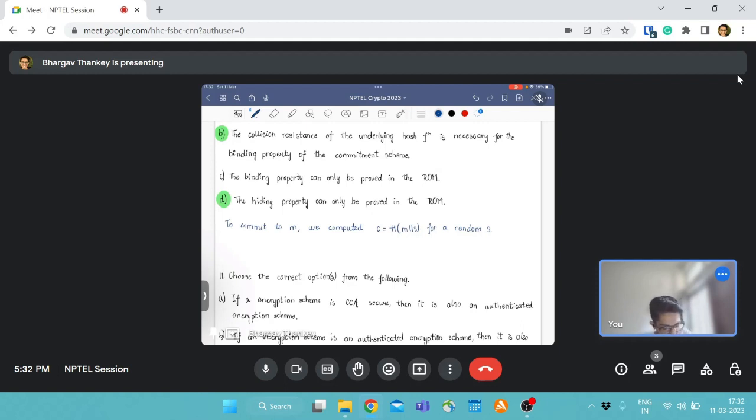Suppose we can break binding, and breaking binding would mean finding M prime, S prime such that, that would imply that we have to find M prime, S prime such that this